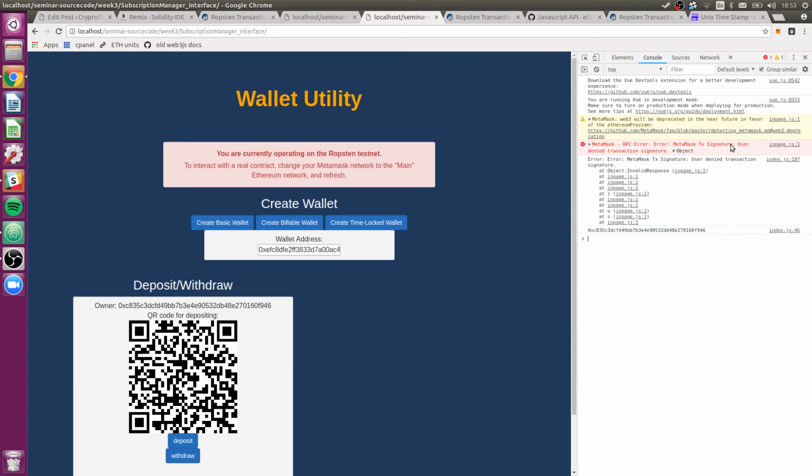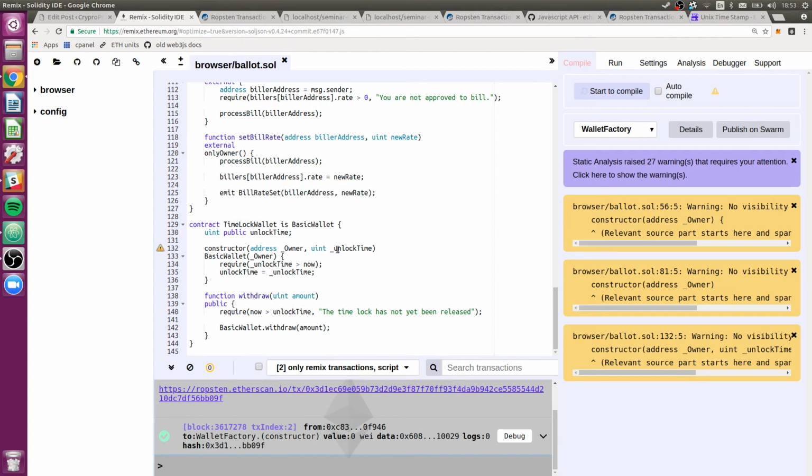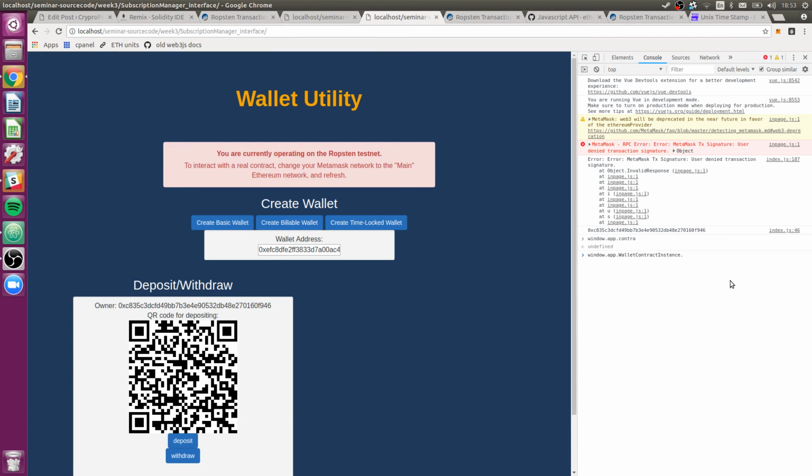Oh, we got an error here. Oh, that was from when I declined the signature the first time. We're still good. So window.app.contract wallet contract. Whoops. Yeah, wallet contract instance. Dot. And now what I want to do is get the unlock time. And a quick way to do this in the console is you do this, and then you actually have to specify the callback. So I'm just going to say function, whoops,